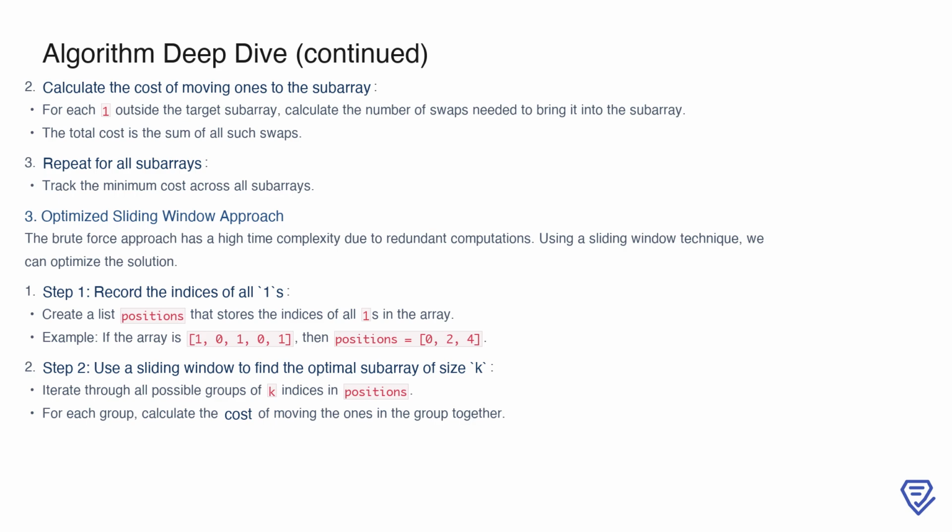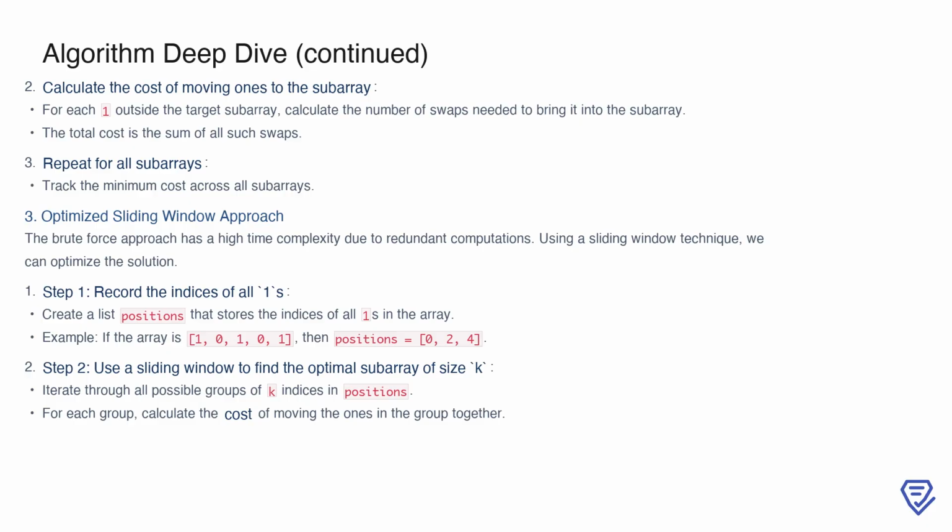To optimize this process and avoid redundant computations, we can use a sliding window approach. This technique allows us to efficiently calculate the cost by focusing only on the indices of the 1s in the array. First, we create a list of these indices, called positions. For example, if the array is 1, 0, 1, 0, 1, the positions array will be 0, 2, 4. Then, instead of brute forcing through the entire array, we use this list to identify groups of k 1s and calculate